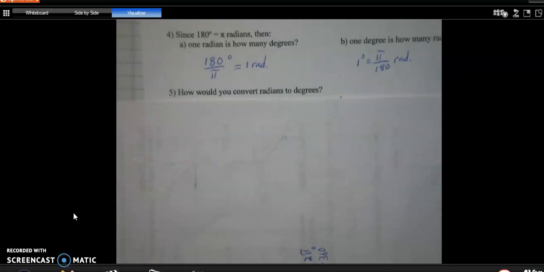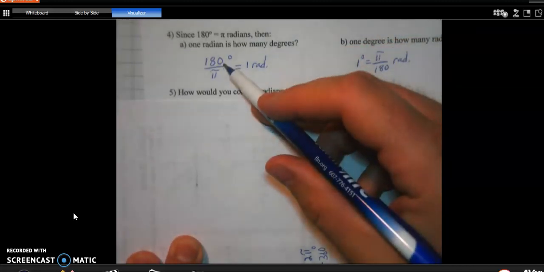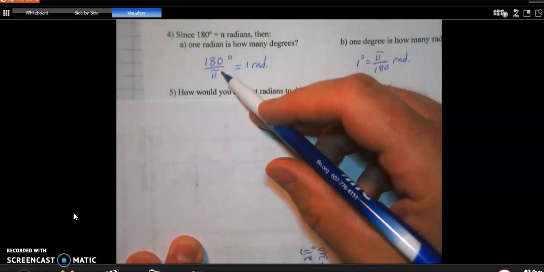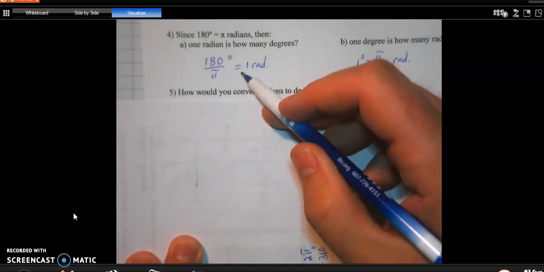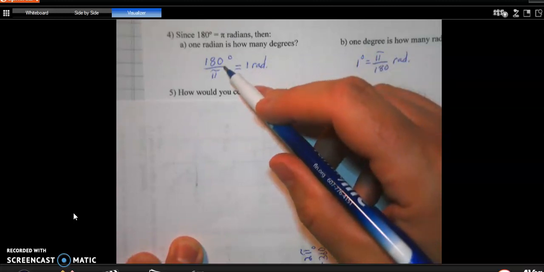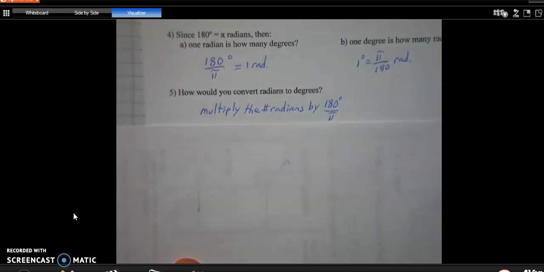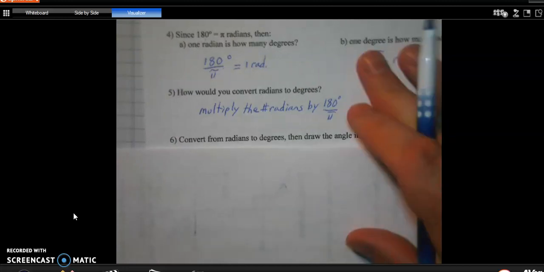So how do we use this to convert radians to degrees? Well, we know that if we have 1 radian, we have 57.3 degrees, or 180 over pi. So 2 radians would be twice that. 3 radians would be 3 times that, and so on. So if you're given the radians, you multiply the number of radians by 180 degrees over pi. So in number 6, it's just doing just that, converting the radians to degrees,